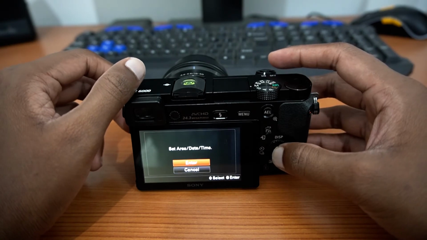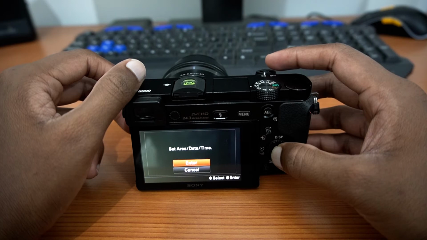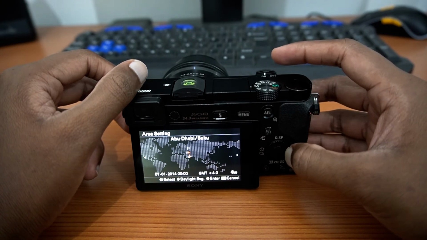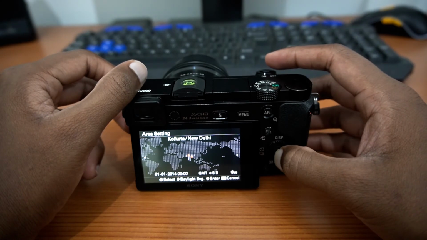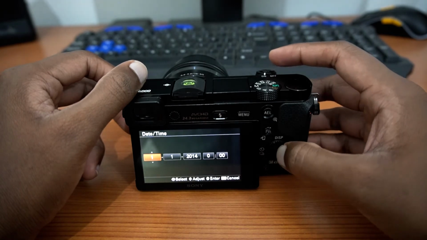First we have to configure the area, date and time. So let's enter. I put my area as Asia. And then I select my date.